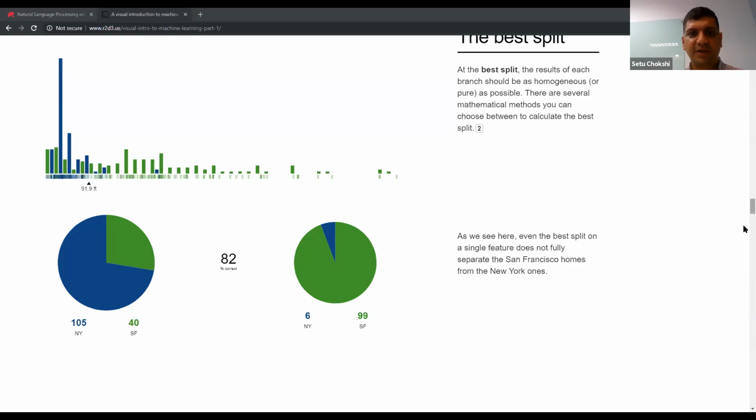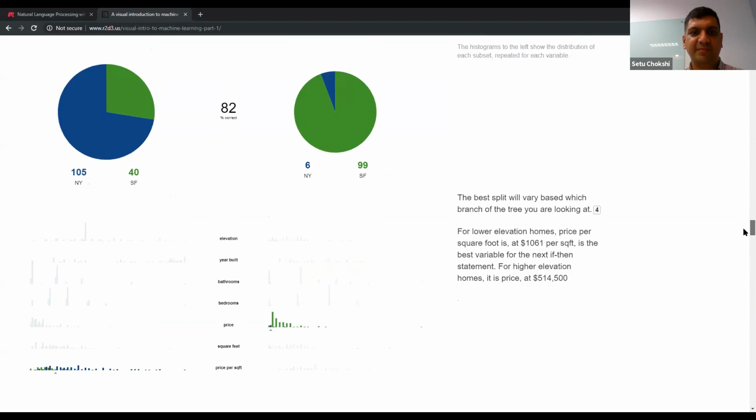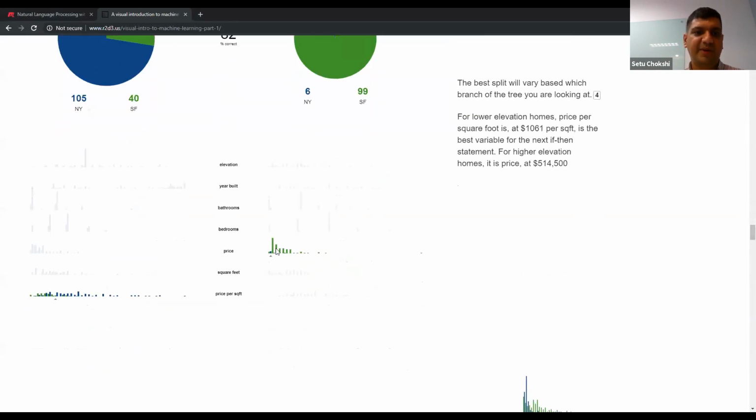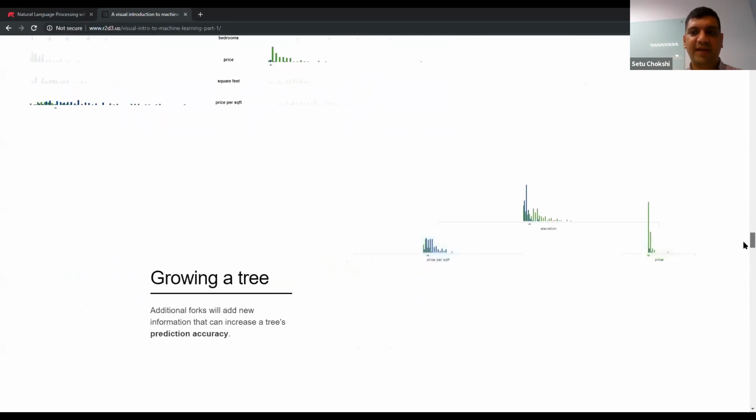All right, let's continue. Once I keep doing that, my next variable is price. I determine my price boundaries, similar to price per square foot, because these two were the options that some of you pointed out, and I determine what my best boundaries are. So I start off with elevation, then I do a partition of my data. Everything that got classified as New York, which was on my left-hand side, I move to the left-hand side of my branch of the tree. Everything that got classified as San Francisco, I move to the right-hand side of the tree. So now I work with the data that's on left and right.